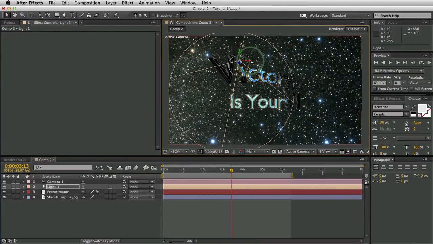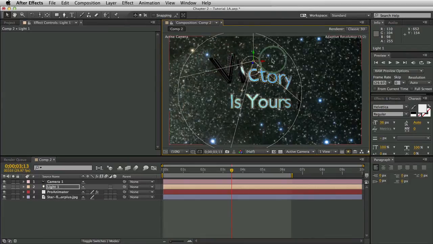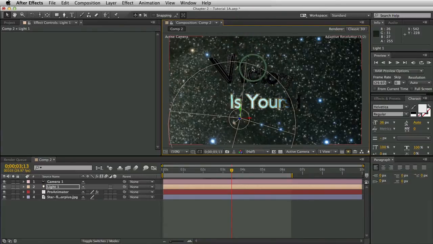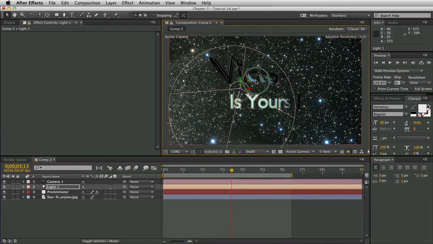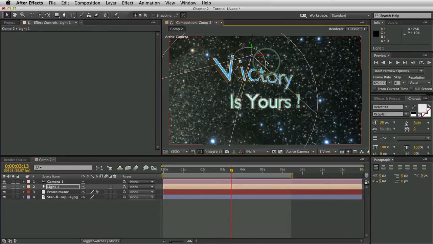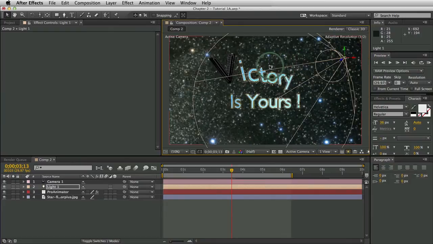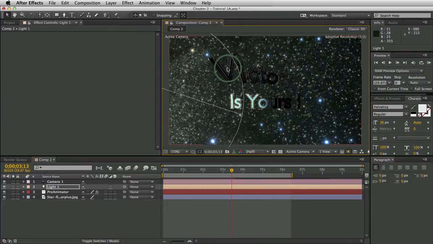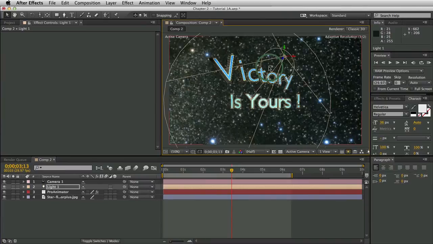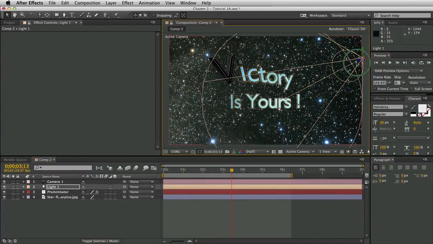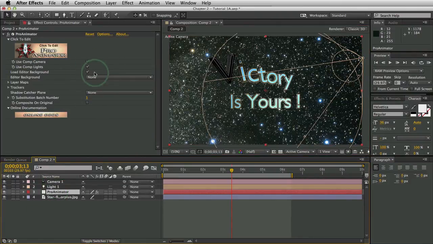So you can adjust this guy, and you see as you're moving it along, he's going to light up the different parts of the objects, just like regular After Effects lights. So this lets you have really fine-grained detail. A lot of times you don't need quite this much fine grain. You don't need this much detail, but it's here. So if you want to use comp lights, that's how you turn that on. If you want to use the comp camera, that's how you turn that on.